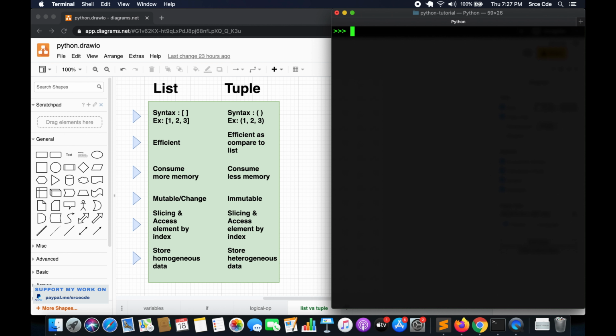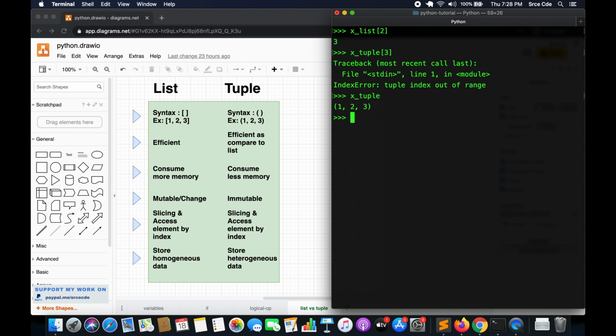Now list supports slicing, and we can access an element by index, and we can perform the same operations on tuple. So let's have a look. If I say x_list and want to access the element at index 2, it returns 3. The same goes with x_tuple, and if I say index 3, it's out of range because we don't have any element at the third index.